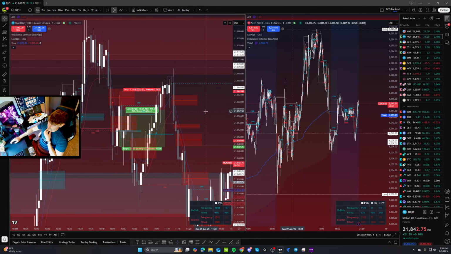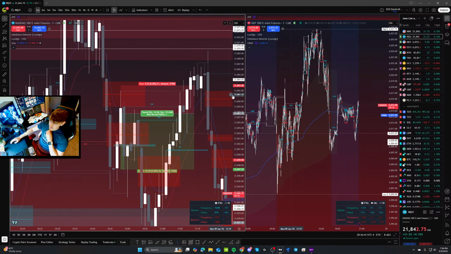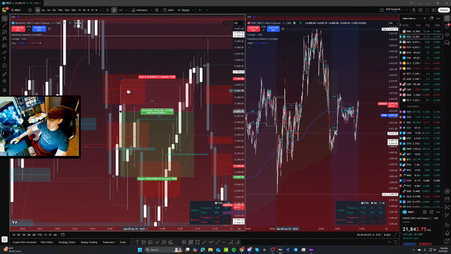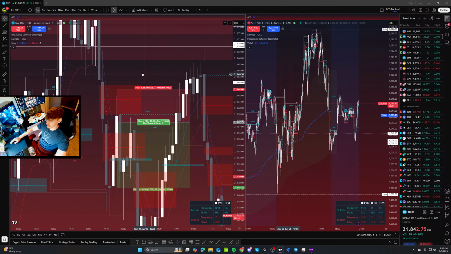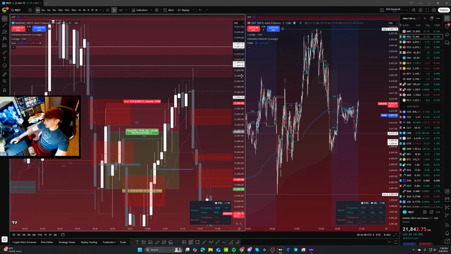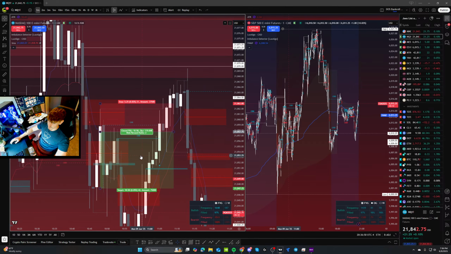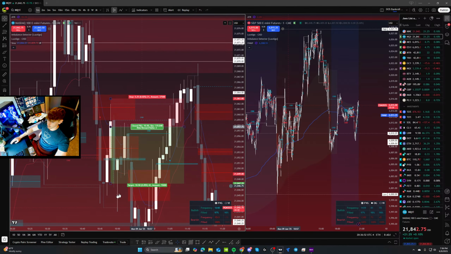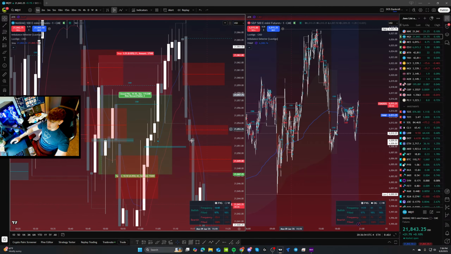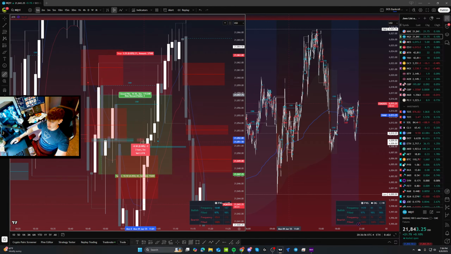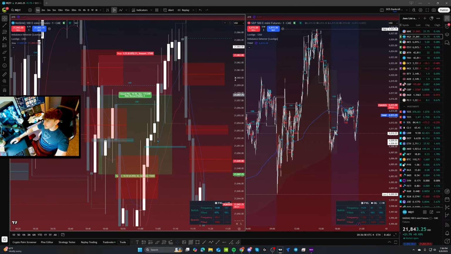We were actually really close to getting stopped on this, but price just decided to react off the equilibrium of this gap that was set a little further back. That's why we take the equilibrium, it gives us a little bit better chance. This one we had set for a 1 to 2, but unfortunately we created this micro little fair value gap right here, this half point fair value gap.